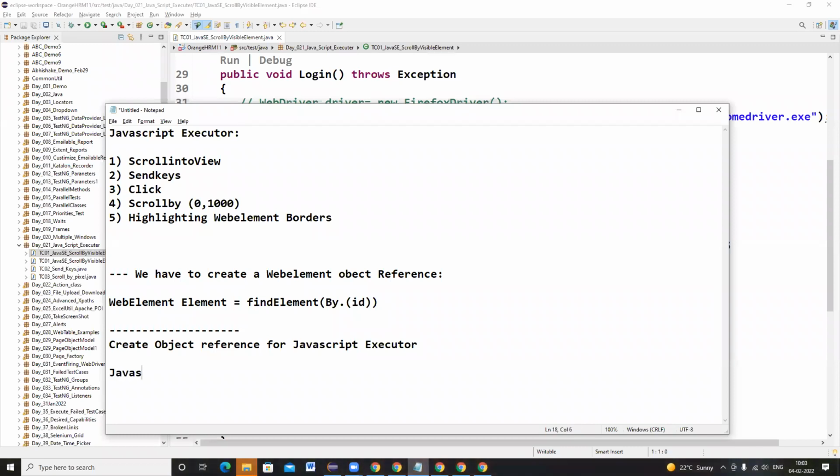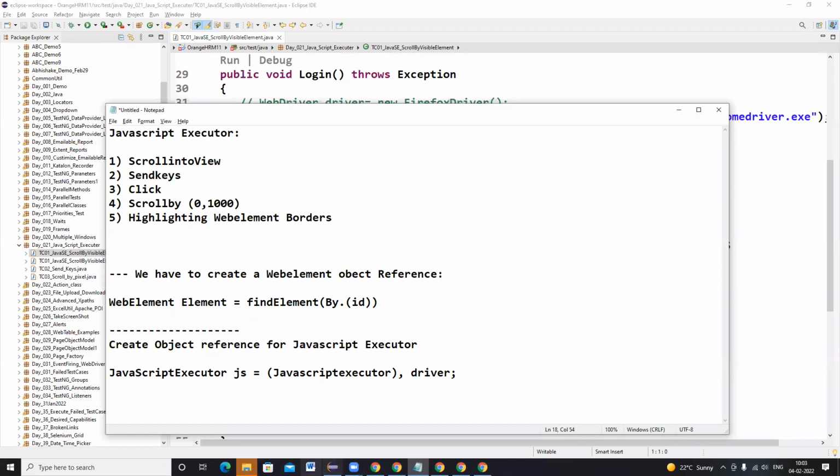JavascriptExecutor js is equal to (JavascriptExecutor) driver, right?